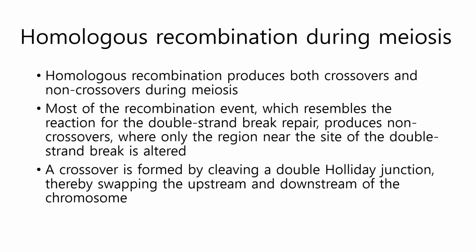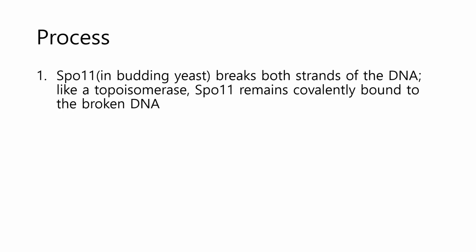A crossover is formed by cleaving a double Holliday junction, thereby swapping the upstream and downstream of the chromosome. Let's just look at the figure, but before then, I'll add a little description. Firstly, Spo11 in budding yeast